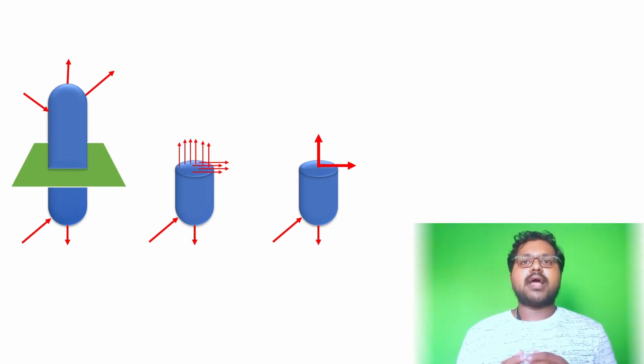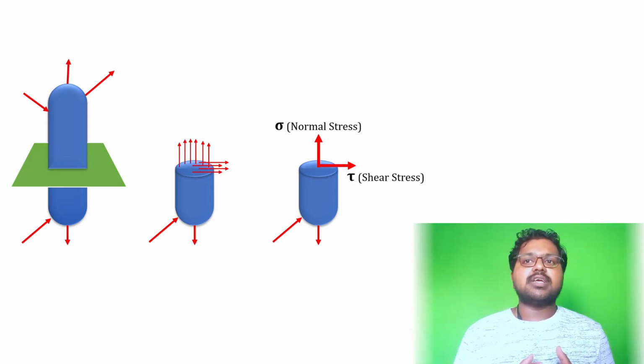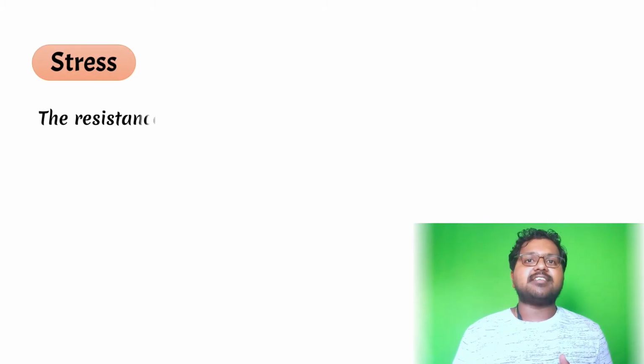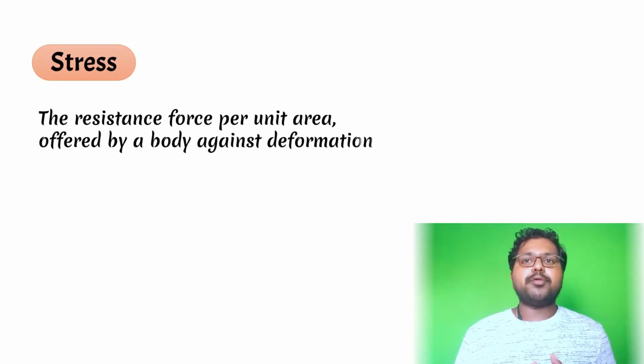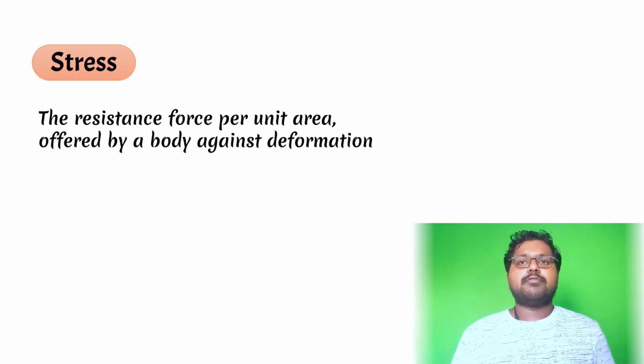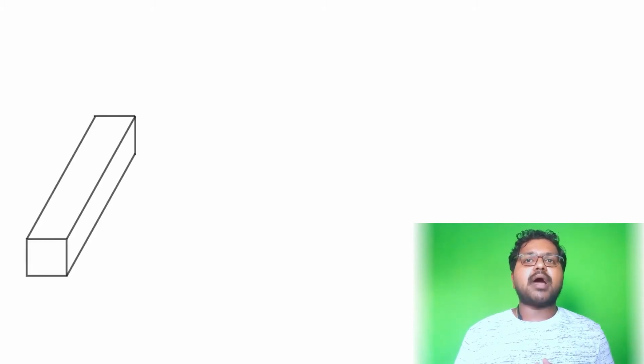From here, the intensity of resisting force normal to the section is called normal intensity or normal stress, and similarly the resisting force parallel to the section is called shearing stress. From this knowledge, stress at any point is defined as the resistance force per unit area offered by a body against deformation. For better understanding of this stress, let us take a prismatic bar AB of length L with cross-sectional